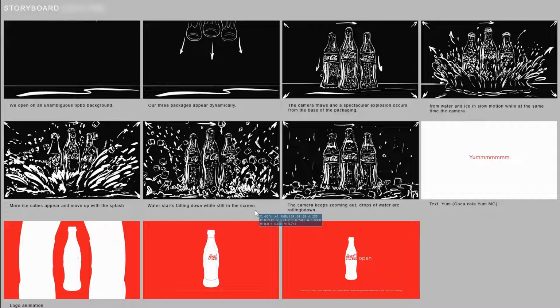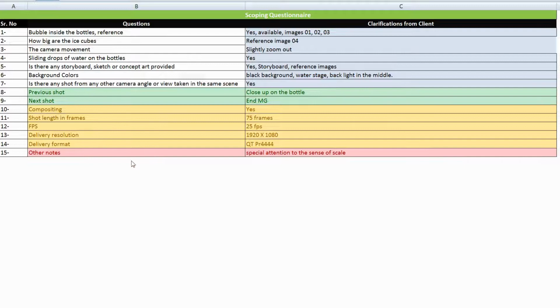So in addition to whatever you receive from the agency, you have to send them a questionnaire, which is just a document like this, and we call it a questionnaire or clarification. And in it you will mention some questions. Here are a very small number of questions. The list is very long actually, but we include some questions which you have to receive answers to from the agency as the client also,